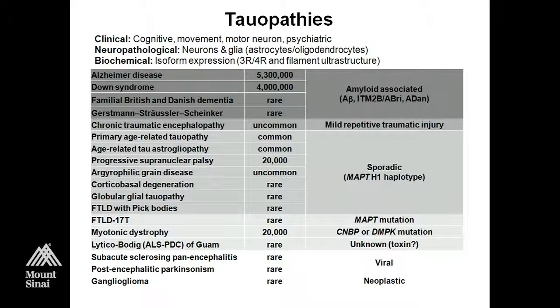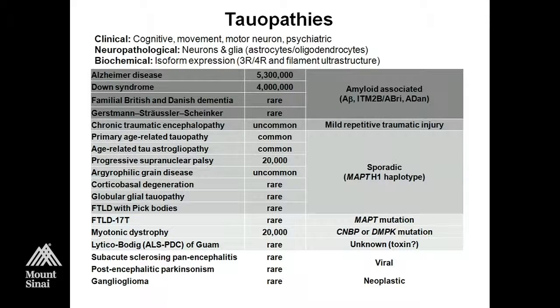So clinically, you can see neurofibrillary tangles in cognitive disorders, dementias. You can see them in movement disorders and motor neuron diseases. You can also see them in the context of certain psychiatric symptoms, suicidality and depression, and chronic traumatic encephalopathy, for example. Neuropathologically, when you look at the brains of patients with tauopathy, you can find these aggregates in neurons, but you can also find them inside of glia, astrocytes and oligodendrocytes,